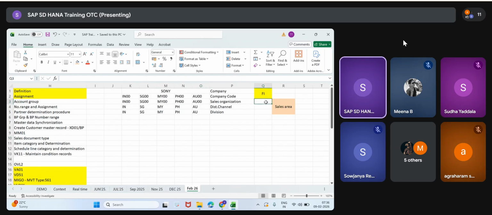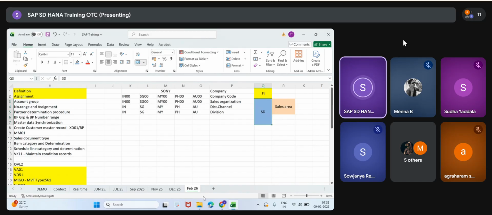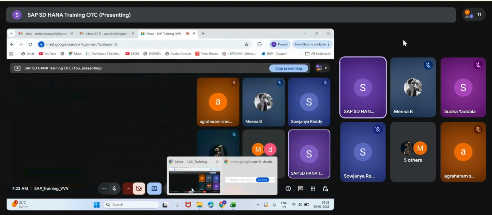This is a sales area. Oh, yeah, it's already given, right? This is the SD part. In real time, if you will be part of an implementation, we will take it up. We means our team, the SD team. Not only you, one person in the team. We have people.